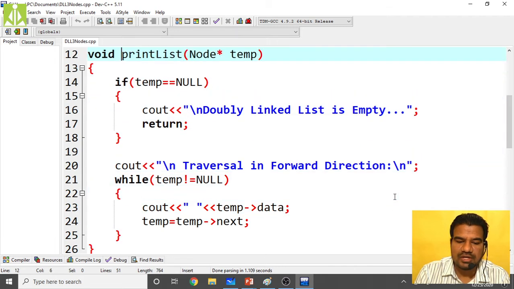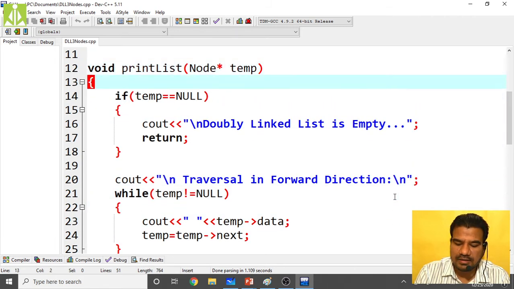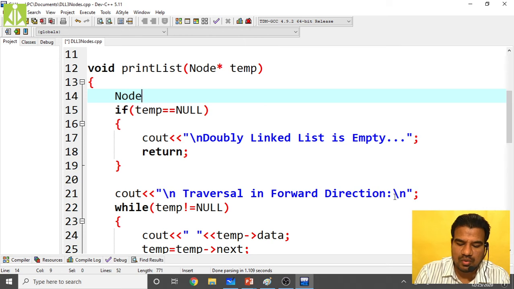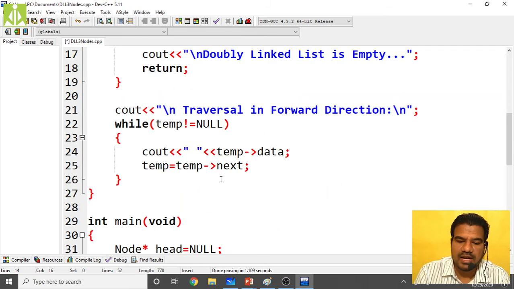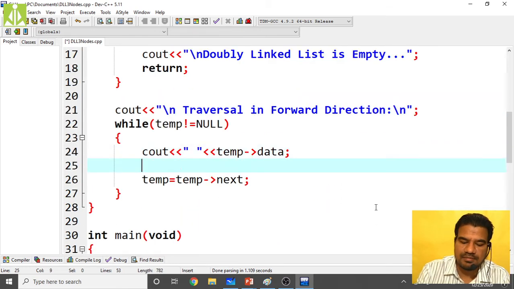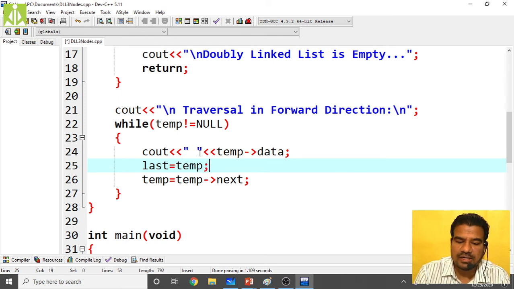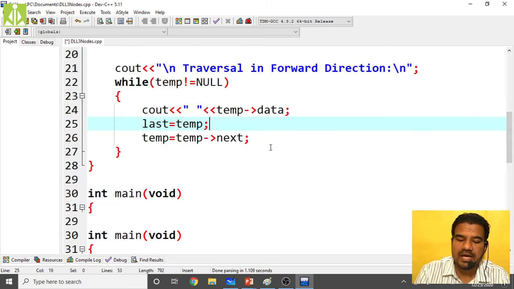Here I have to declare a last pointer, Node star last. When you are performing the forward traversal, after this step make last as temp, so that your temp pointer, before leaving the DLL, makes the last pointer point to the last node.